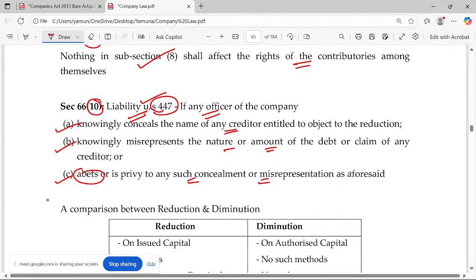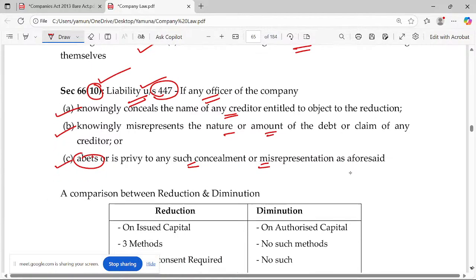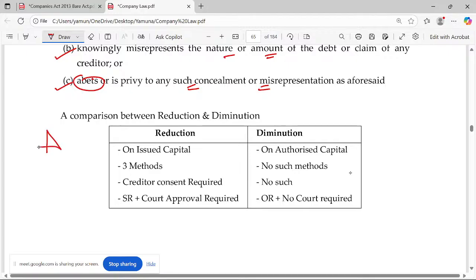Okay, so that's about it, actually you have 10 subsections now. And this one question is often asked, let me finish it off: a comparison between reduction and diminution. It is an often repeated question. Whenever we use the term reduction, if you go by the English meaning, diminishing means reducing, and it looks as if we are removing something. But what the law says is that reduction is different and diminution is different. Diminution means we are working on the authorized capital, whereas reduction means on the issued capital.